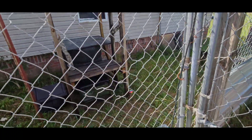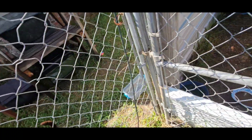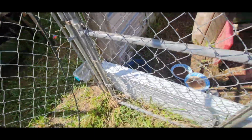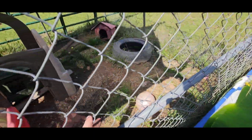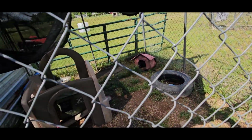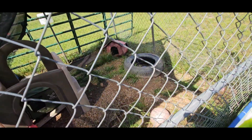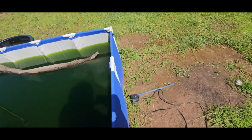Gunther's going to be getting more enrichment in the cage because he goes inside. He stays out here during the daytime and comes inside and sleeps at night in his outdoor cage. So yeah, the cage is kind of a little bit flooded right there, and he's in his house back there. I gave him a new house yesterday and he tore it up. He didn't want it. So yeah, he's getting a 10 by 20, and Gunther's getting more climbing structures in his